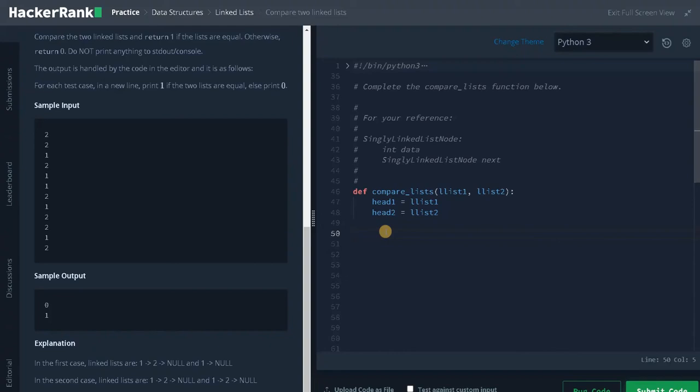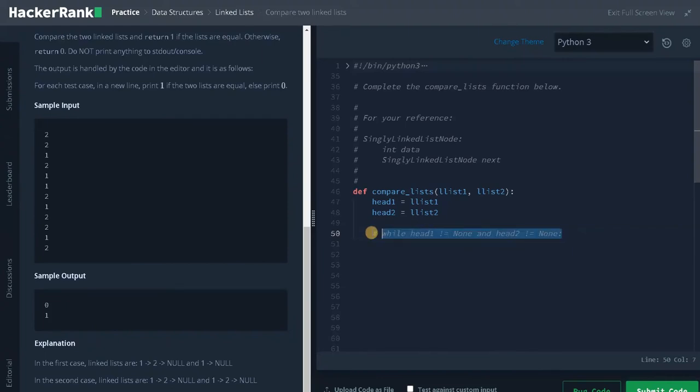Now we have to check for the condition that both the linked list pointers have some element in the node. That is, while head1 not equals none and head2 not equals none, we are checking both the head pointers are not equal to null.